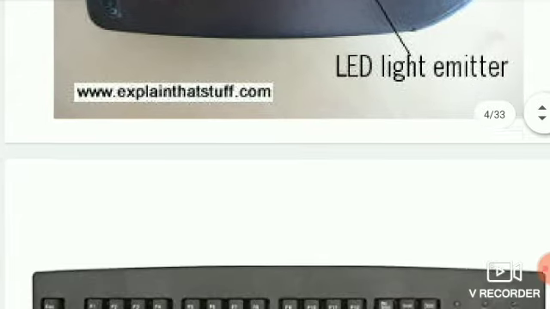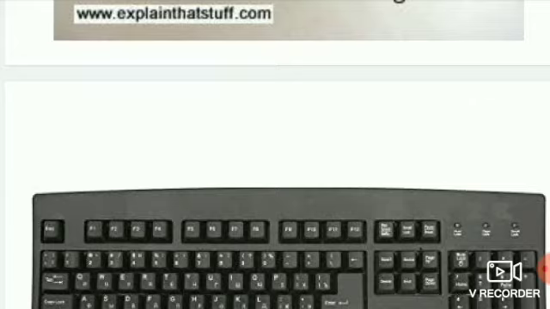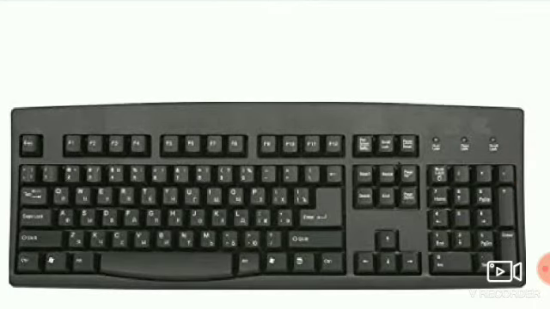After mouse, the second important input device is keyboard. It is a set of keys that resembles a keyboard on a typewriter. We use the keyboard to type text such as letters or numbers into a computer. In a keyboard all alphabets are available, then numbers, signs, function keys, and a numeric pad are also available.